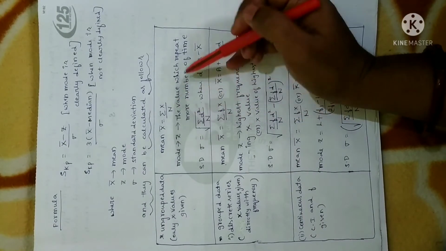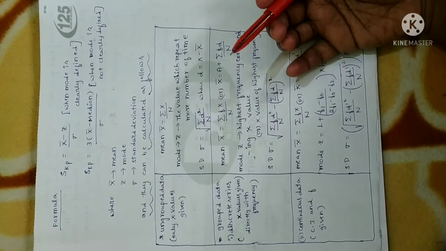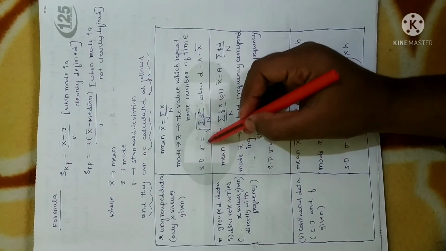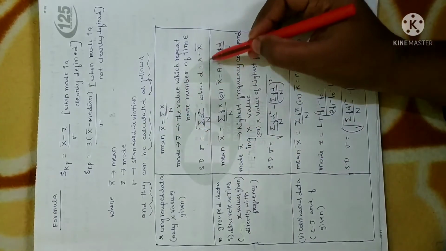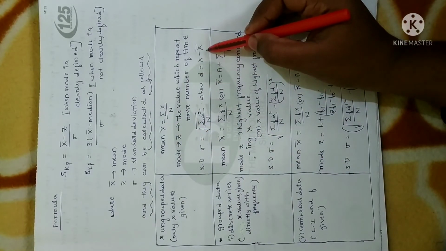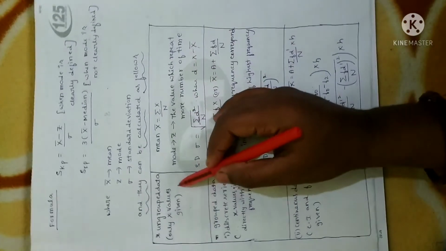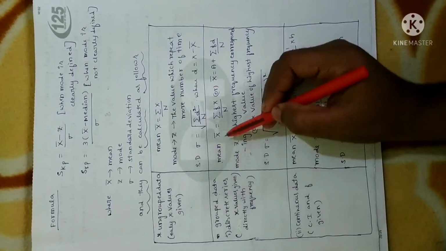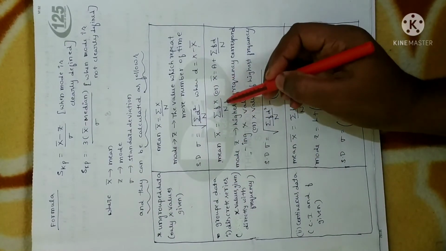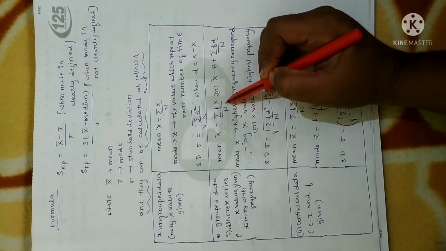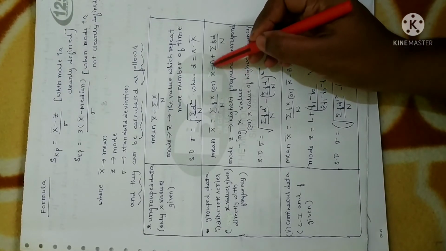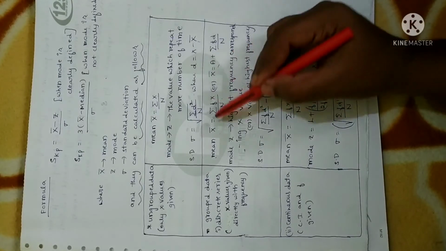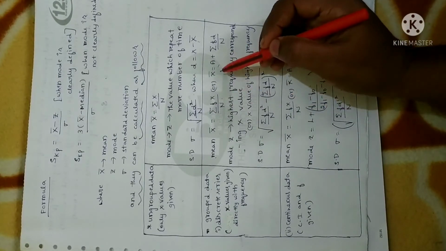As usual, z will be the value which we repeat more number of times. Right. Now the standard deviation we can calculate by using the formula. Anyhow, we have already calculated the mean, so we can calculate d by using the formula x minus x bar. This is for ungrouped data. Whenever grouped data is given, we can calculate the mean by using either this method, that is the direct method, or we can use the assumed mean method, right? So we are going to apply the assumed mean. You can use any of the formulas as per your convenience.